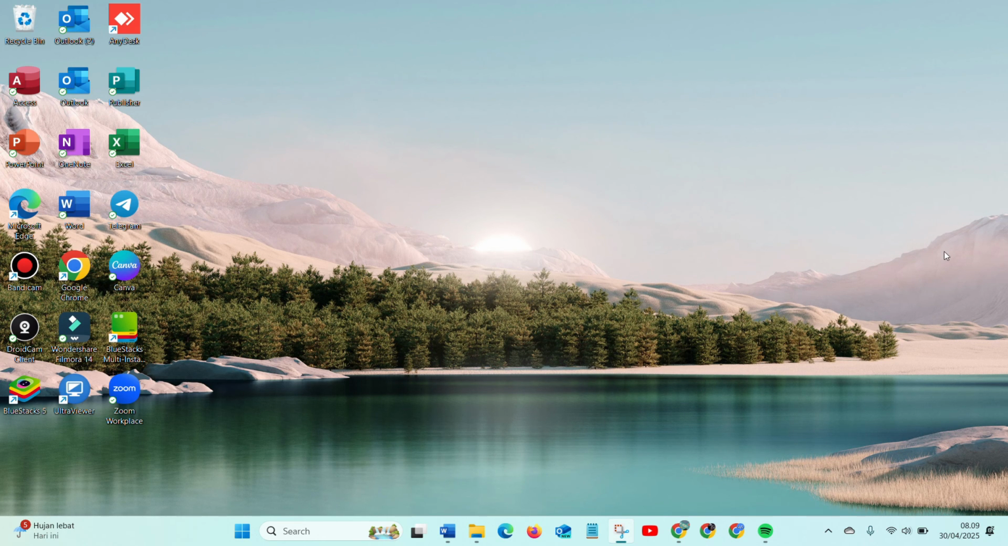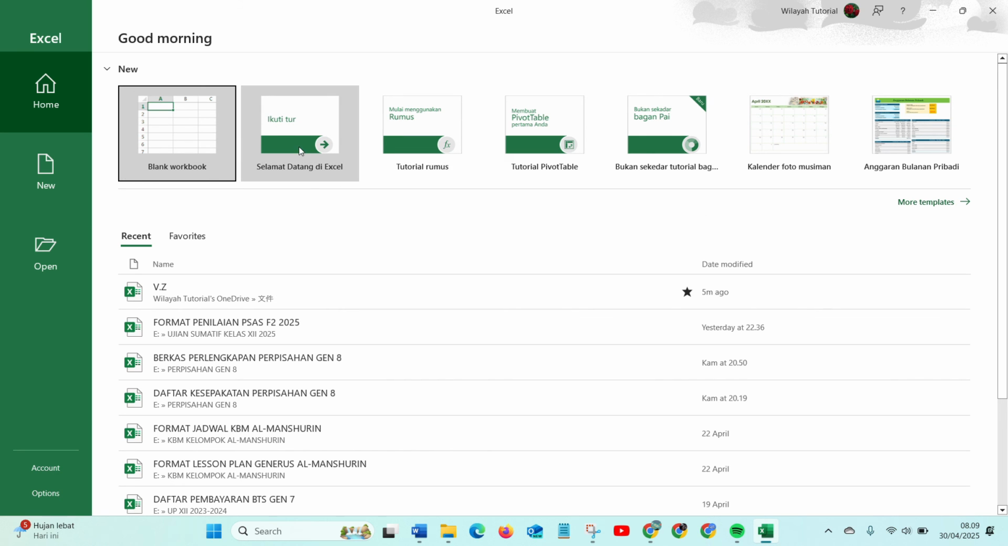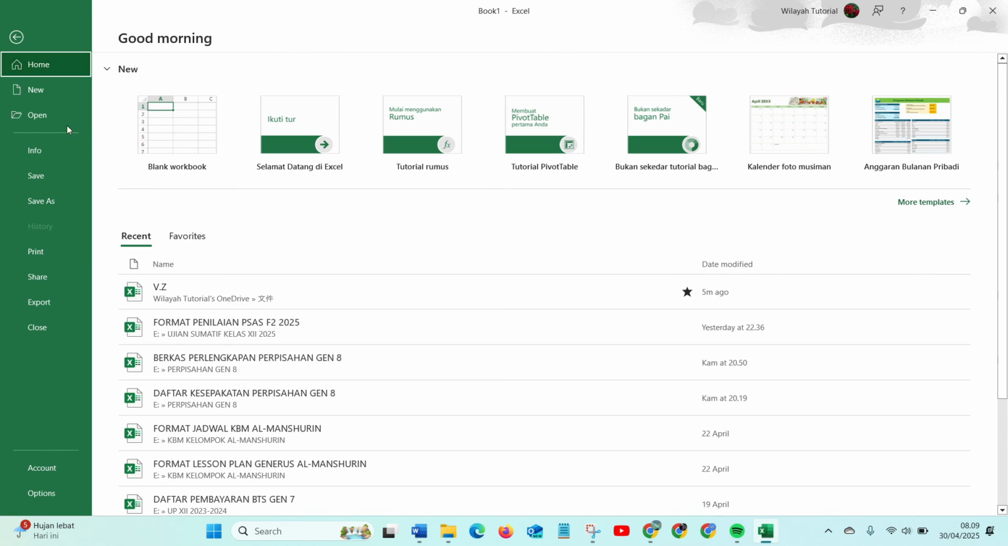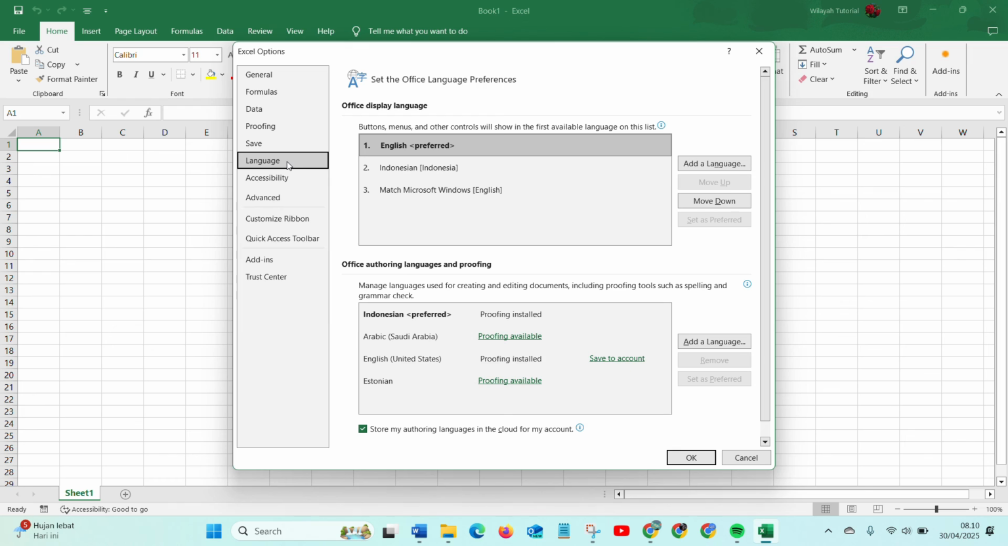So, how do you change the language display on your Excel? It's very simple. First of all, of course, we have to open Excel. As you can see in here, it's using English. Now, if you want to change the language, you can go to File, choose Options, click on Options in here, click on Language, and you'll find there is an